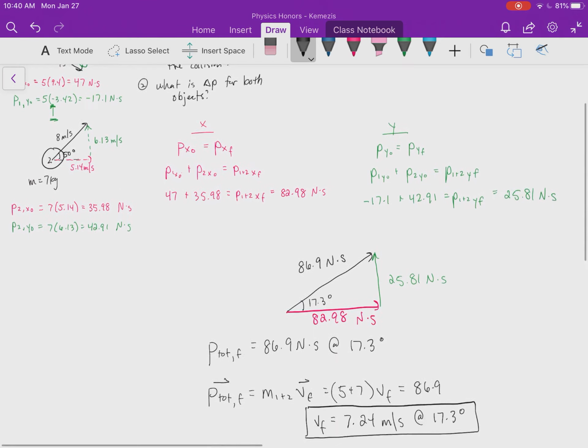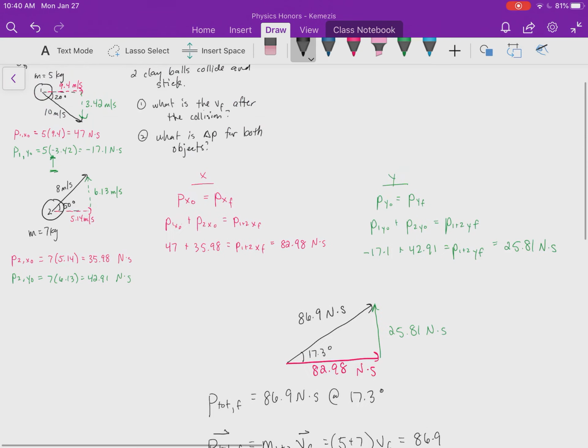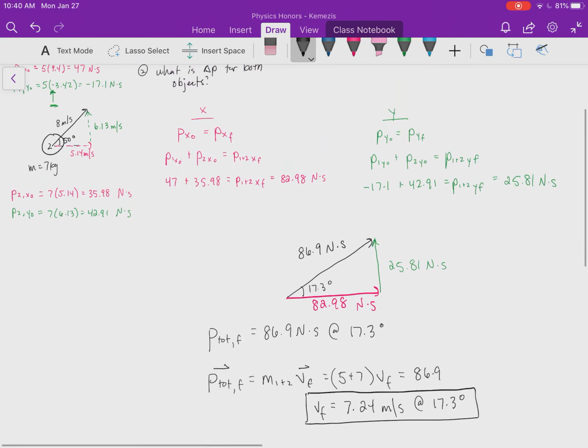I just wanted to show you two ways to get the same answer, and then a second video will be showing how we can get the change